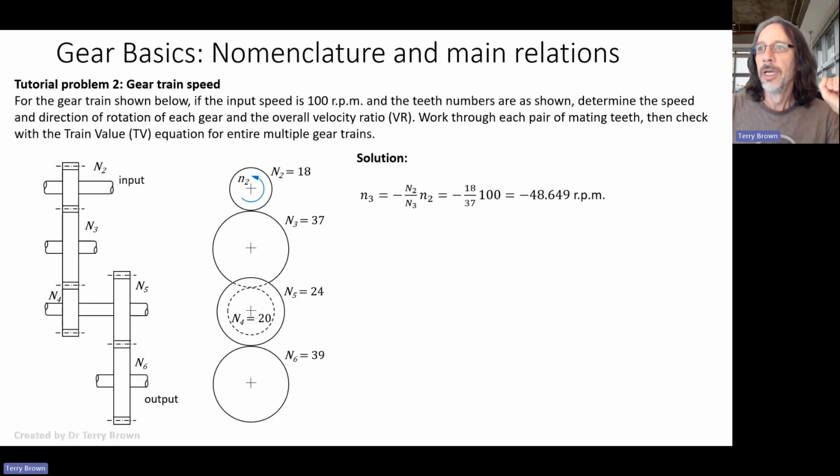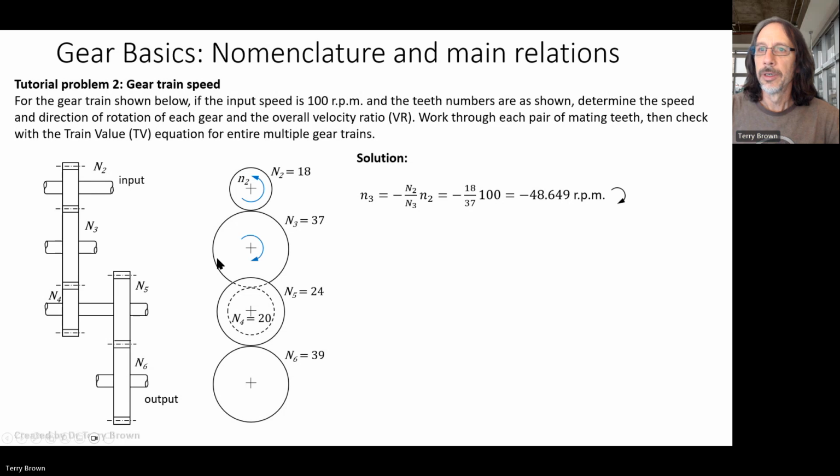So our solution, again, we're just using that simple equation that relates speed to, in this case, the number of teeth on the gears, because that's what we're given. We're not given any diameters or anything like that. We're just given numbers of teeth. So the speed of gear 3, relative to gear 2, is inversely proportional to the number of teeth. So we can just put that into our equation, and we get